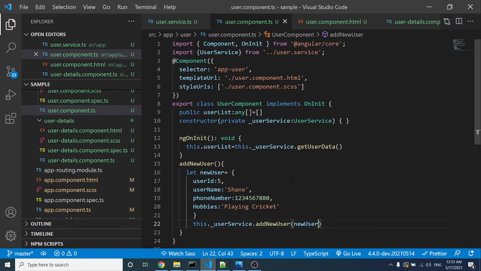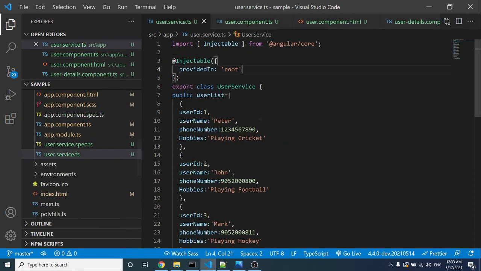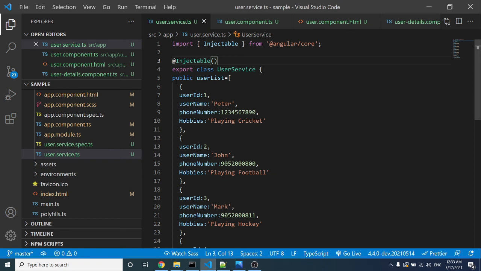This is the default behavior of Angular. If you want to limit the service to a particular module or a particular component, you can remove providedIn root from the Injectable decorator. At that time this will not be a singleton service.